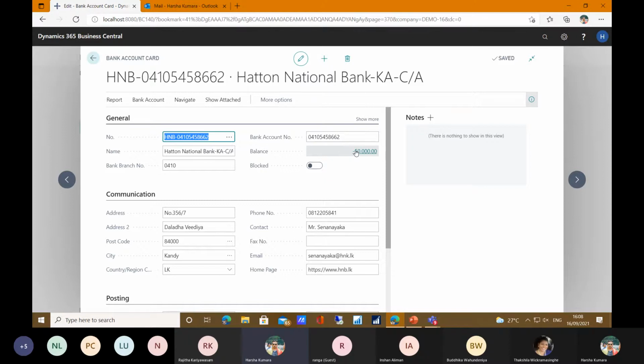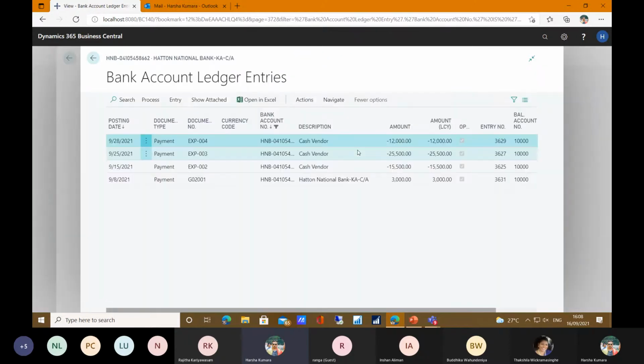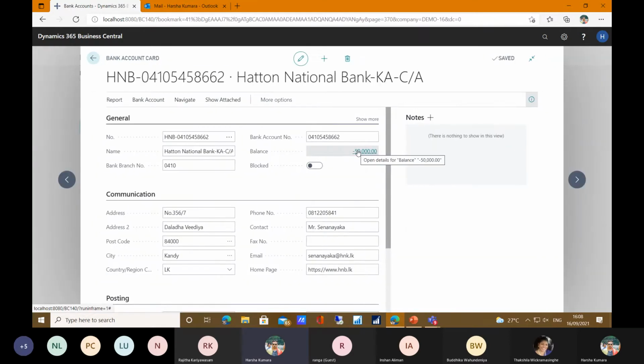In the balance field, when you click this balance, you can see the bank account ledger entries posted in a particular month. Or you can filter here and further navigate, and this type of navigation we have already discussed. Also, in the bank account card, you can assign your authorization level, because if a particular user has to authorize the bank account card but is not to post, then you can assign that blocking operation also in the bank account permission level.